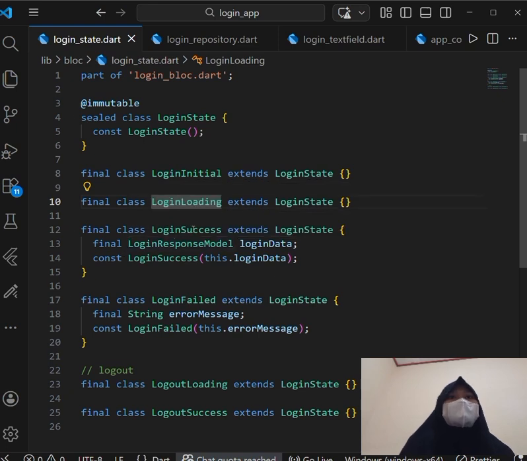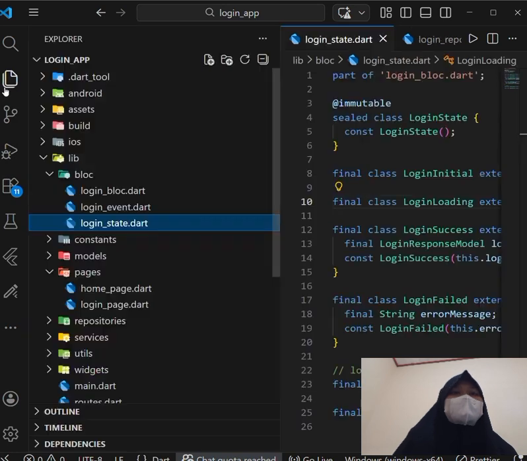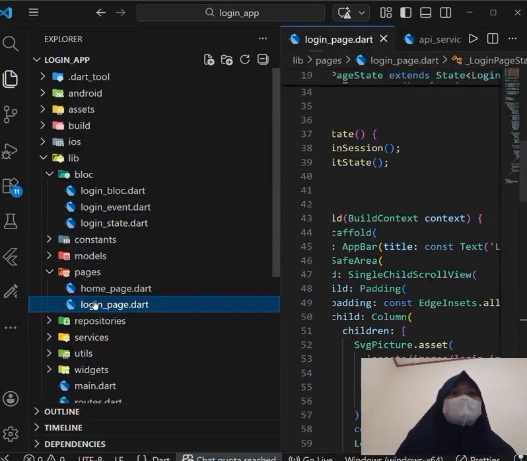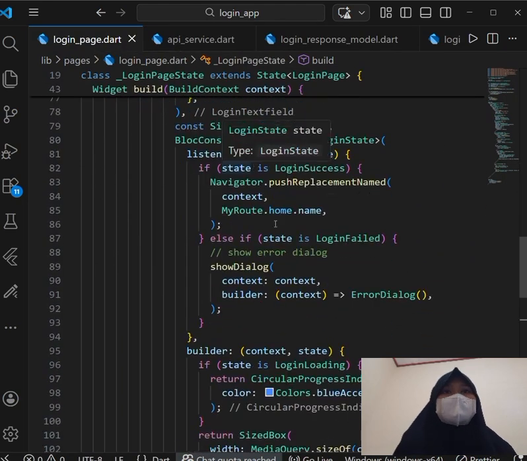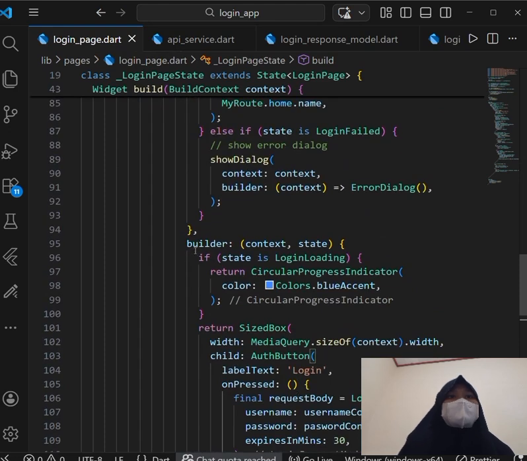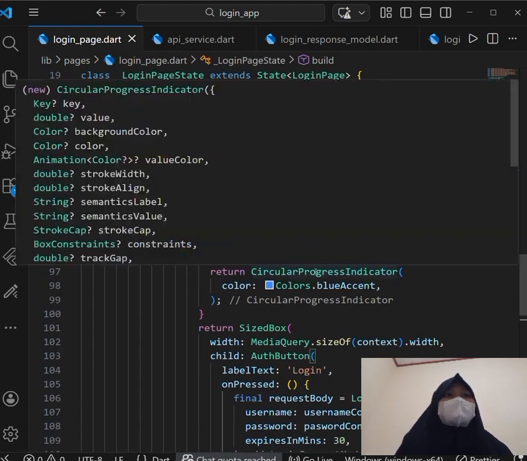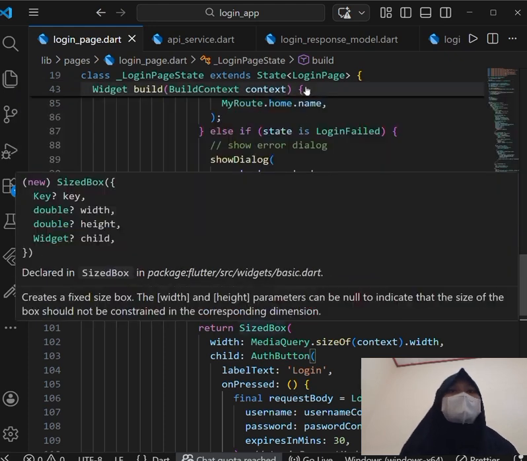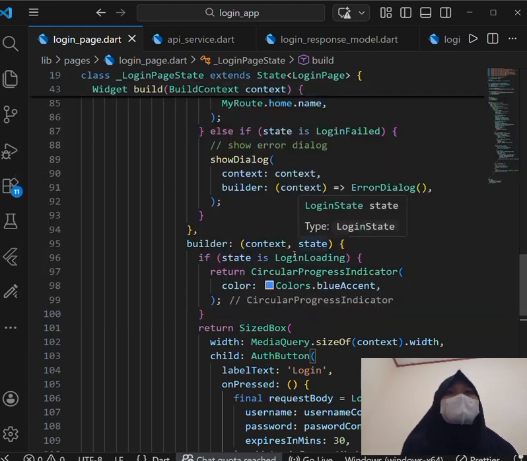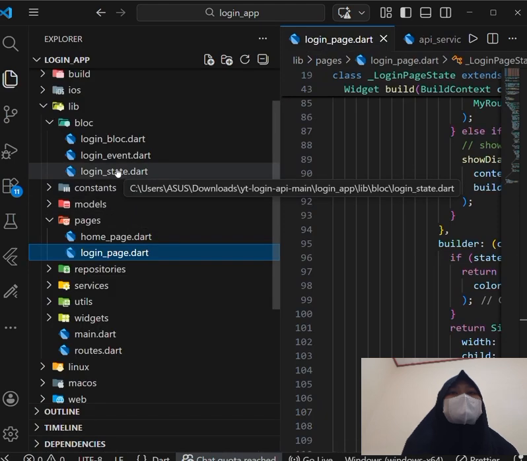There is the app constants file. It's purposed to store values that remain constant throughout the application. This prevents hard coding strings everywhere and makes maintenance easier when changes are needed. Example, static string base URL. This base URL will later be used inside the API service.